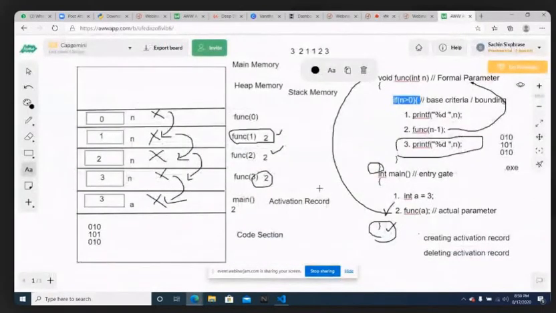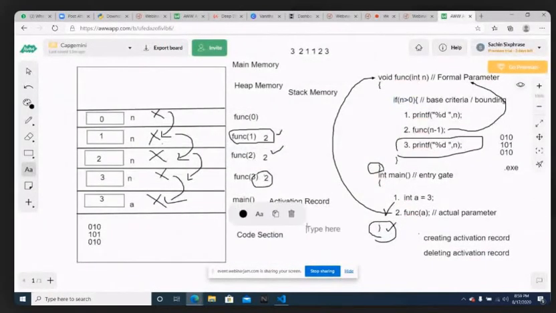I will just mention it here in the document itself. If it is from bottom to top, it is the ascending phase. If it is top to bottom, then it is the descending phase. Okay, it's clear. I will send you this document also.